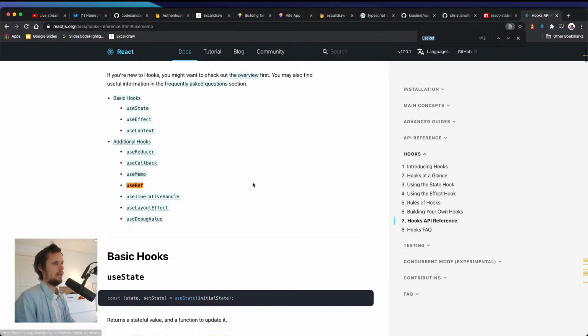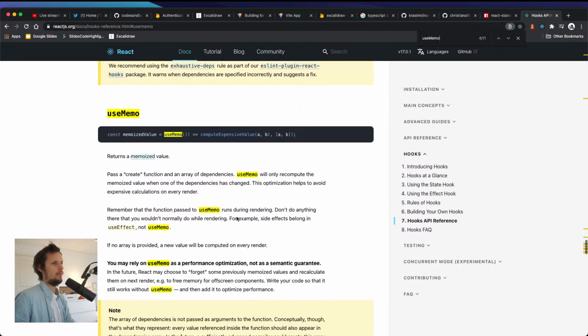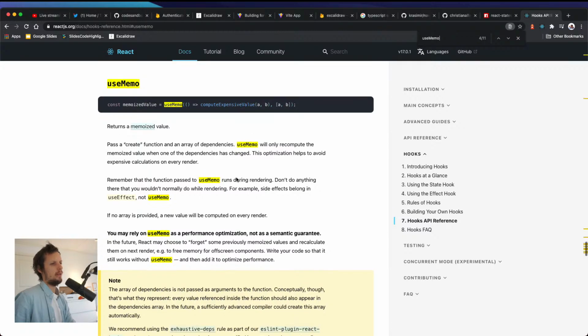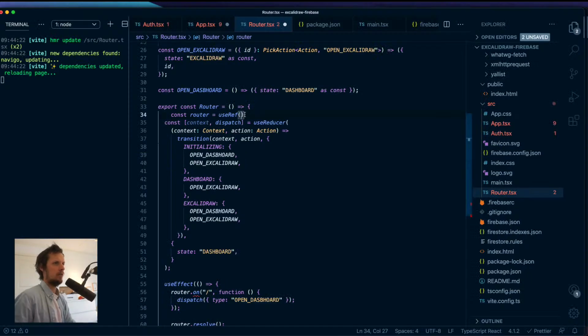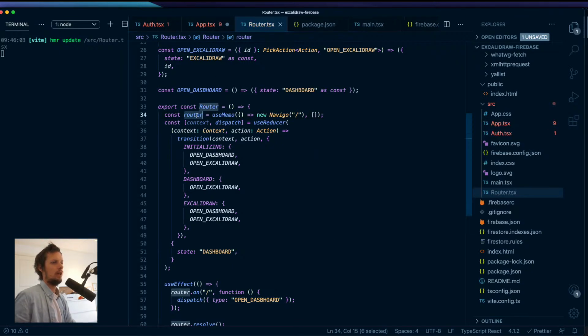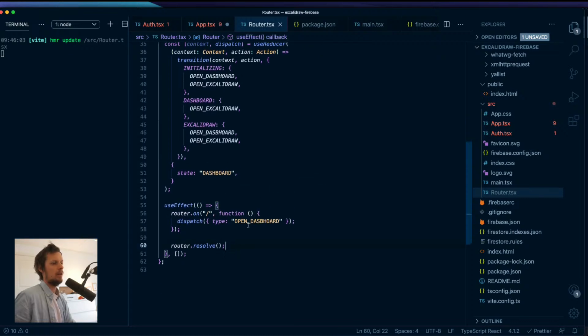Oh, interesting. I can click it. It's supposed to return a memoized value, but that's basically what I want. Okay, let's use memo instead. And then I actually get the new Navigo. Why are you complaining? Oh yeah. So this should never change. And then we rather set up the router in the useEffect. We resolve it, and we also need